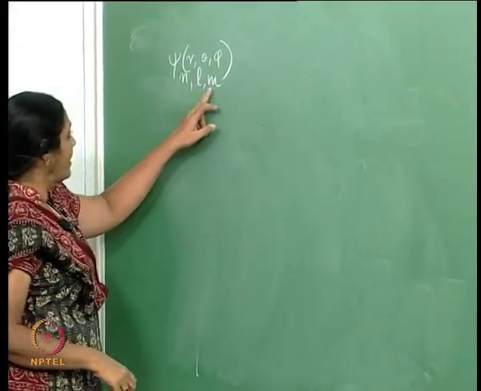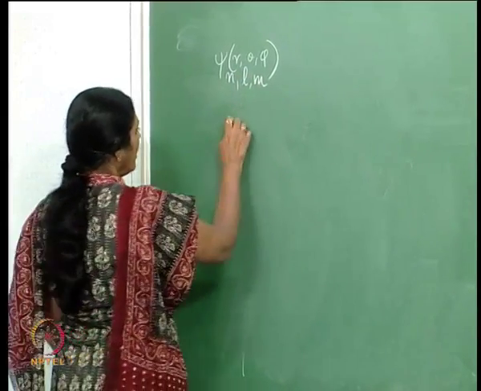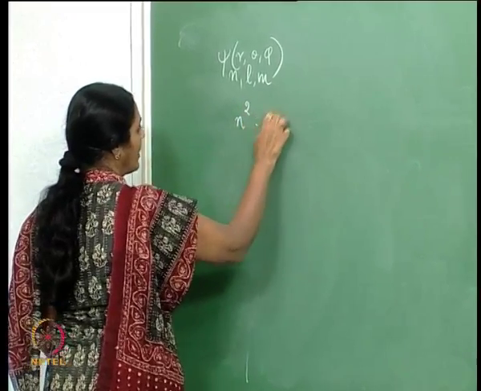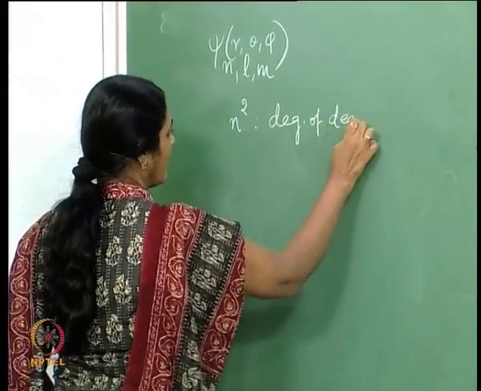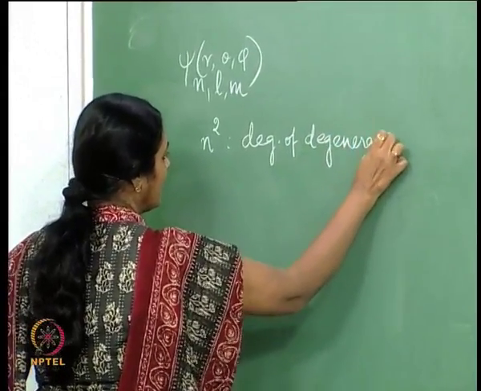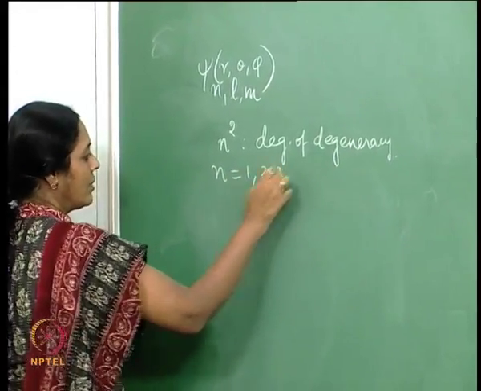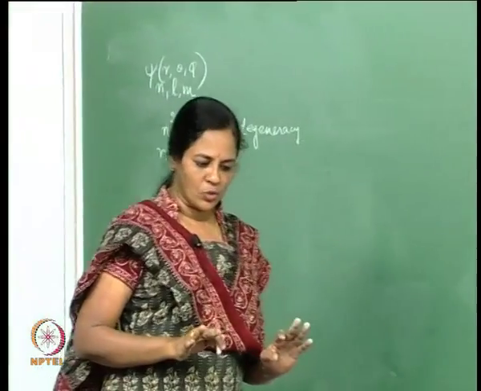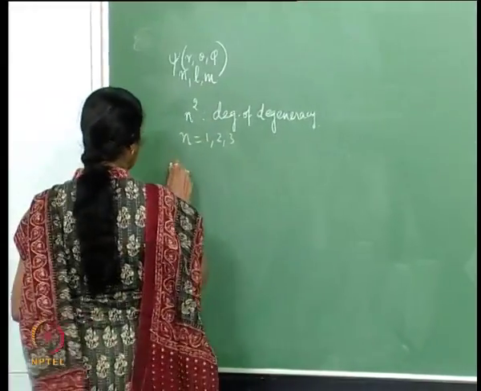So, I have psi n l m of r theta phi. The degree of degeneracy is given by n squared. You will recall that n takes values 1, 2, 3 and so on. So, when n is 1, there is exactly one state corresponding to the hydrogen atom, and that is the ground state. However, when n is 2,